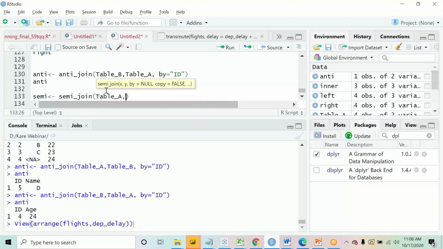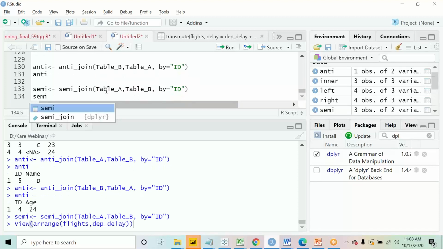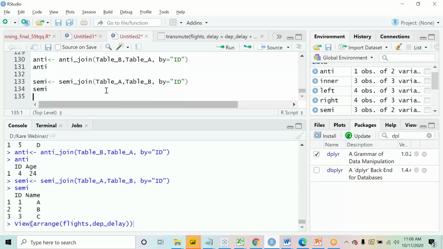If I say table A, table B, by equals to ID, let us run it and see how the output looks. So I get matching data from table 1. If I interchange it, I'll get the output of table B. Whatever is table 1, you get the output from there.